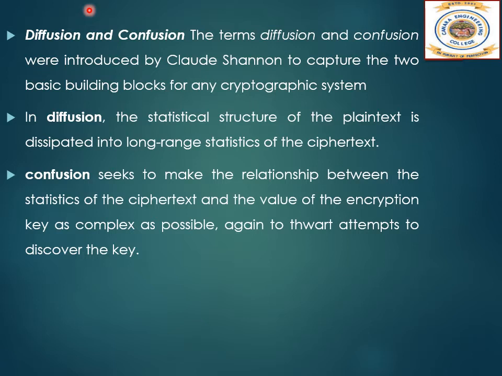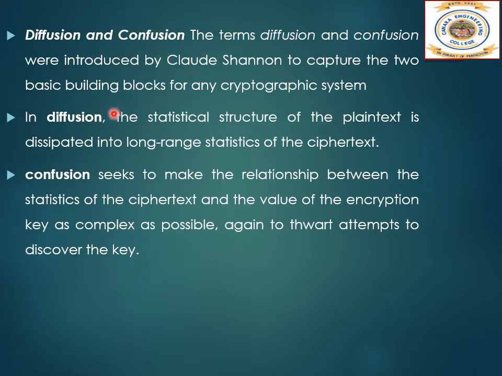If these statistics are in any way reflected in the ciphertext, the cryptanalyst may be able to deduce the encryption key, part of the key, or at least a set of keys likely to contain the exact key. In what Shannon refers to as a strongly ideal cipher, all statistics of the ciphertext are independent of the key used. So Shannon suggested two methods for frustrating statistical cryptanalysis: diffusion and confusion.